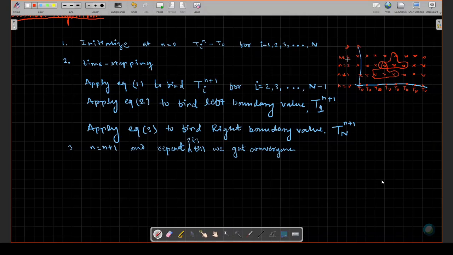Say there is no change between n equals 3 and 2. If you do not find any change between these two values, then you will stop the calculation. You say that it is converged, by some sort of convergence criteria. But we'll keep on calculating till we get some convergence. So it is a simple process.